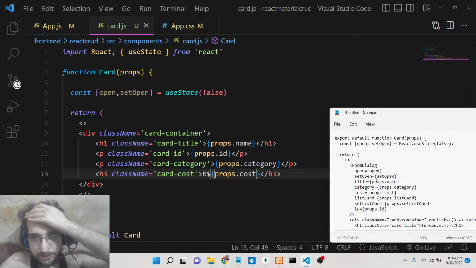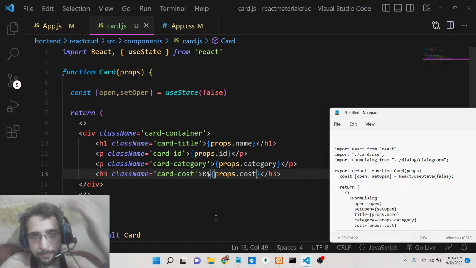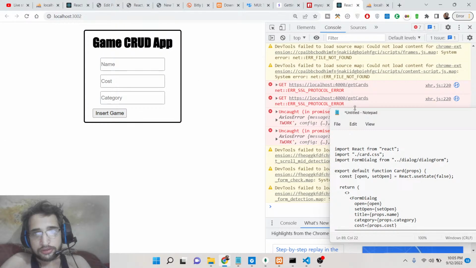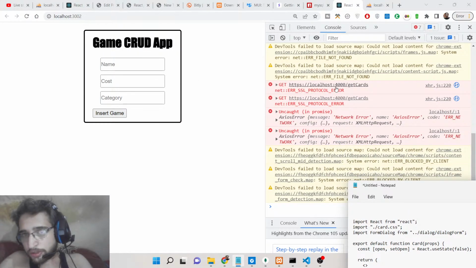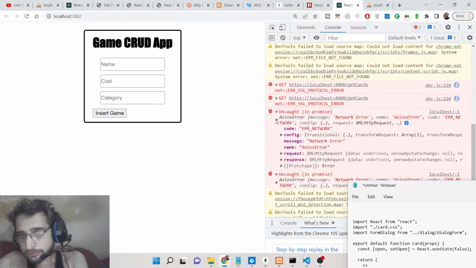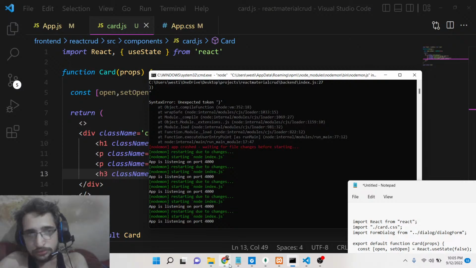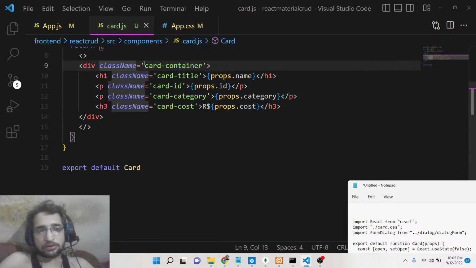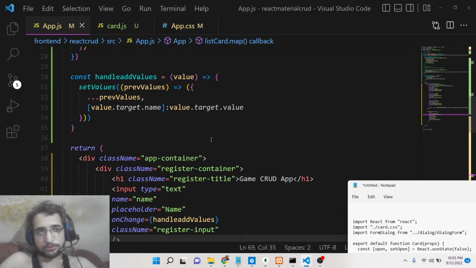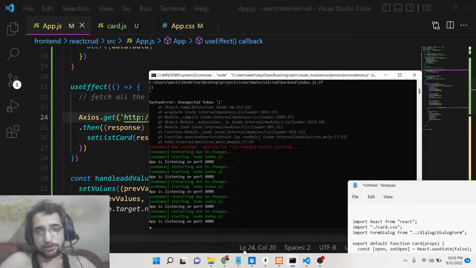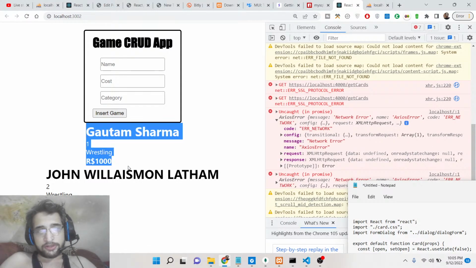So basically now guys we can cross check here. If I refresh it, it is saying that localhost 4000 get cards. Let me see why it is having this problem. Oh sorry, here we have put HTTPS. It needs to be HTTP. That's the problem. And if I again refresh it, so now you can see that guys,